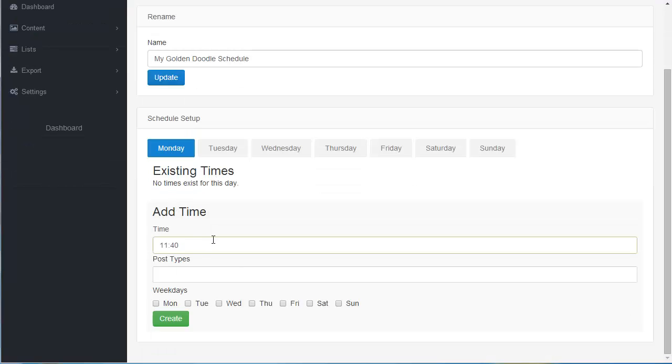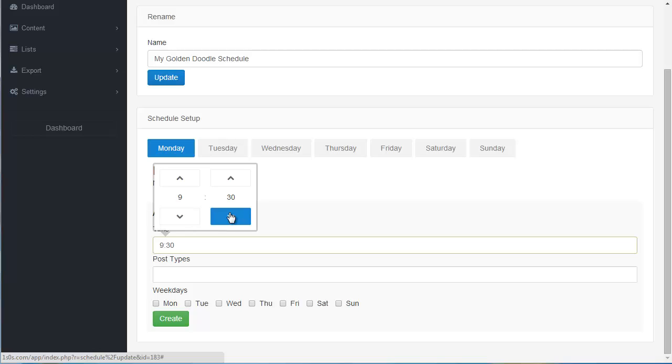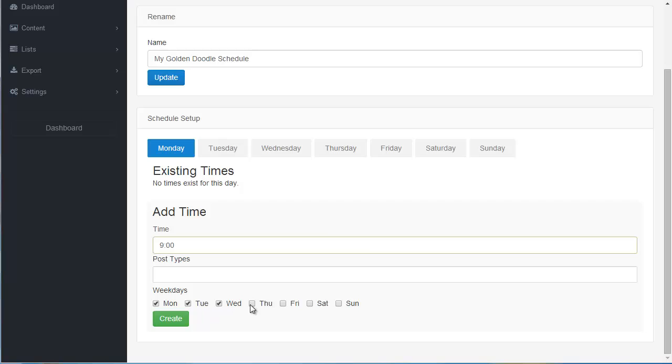So if you think about the days of the week that you want your posts to go up on Facebook, try and figure out what times you would want them to go up. So I'm just going to say, for example, 9 in the morning every day of the week. I want 1 post to go up. So I'm going to click create,